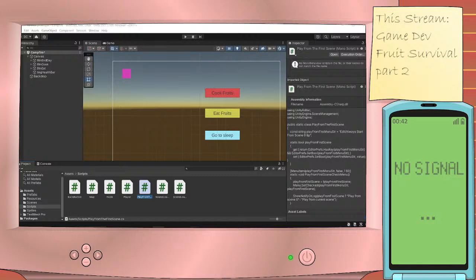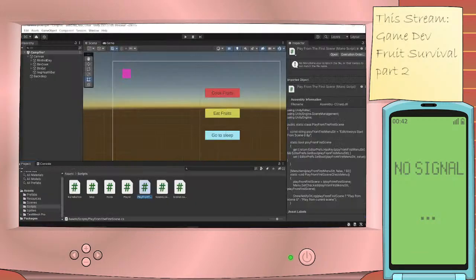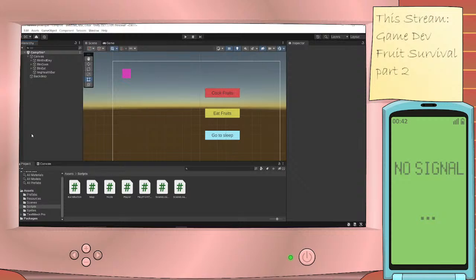Hello, hello, hello. Okay, so I'm actually done with eating my goldfishes, and I tried to find online how to make sure that the project always opens on the right scene. So right now, because I'm editing the campfire scene, if I click play, normally what will happen is that it's gonna start the campfire scene, and that's it, right? But the thing is,